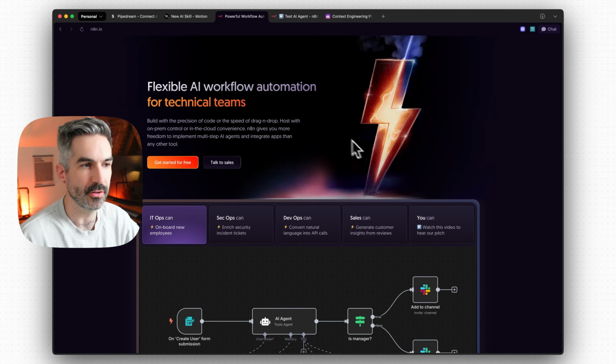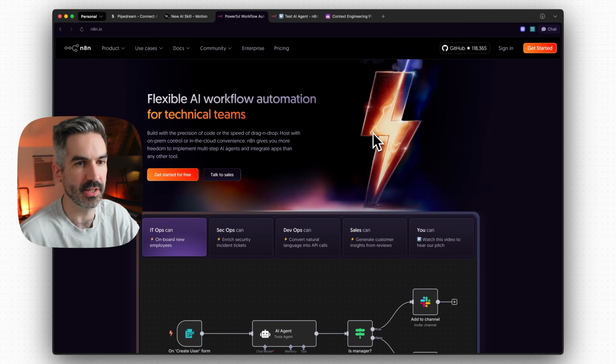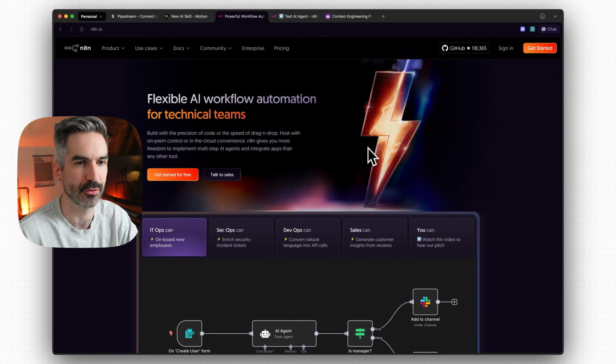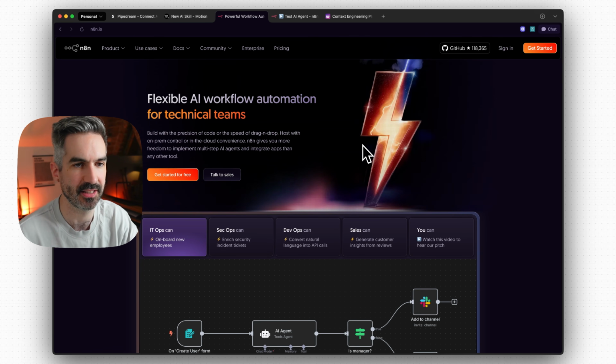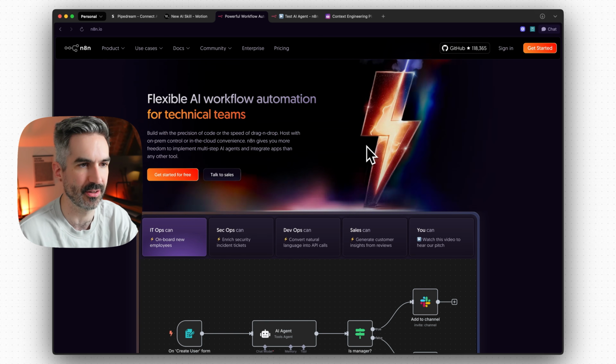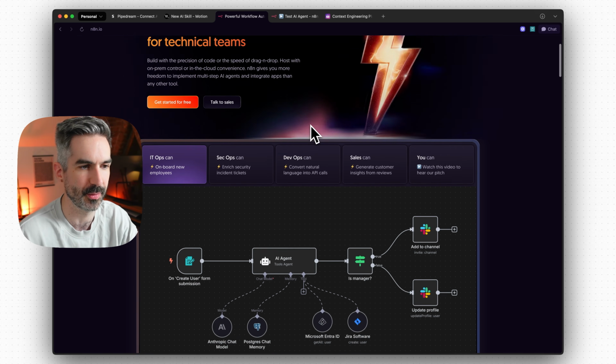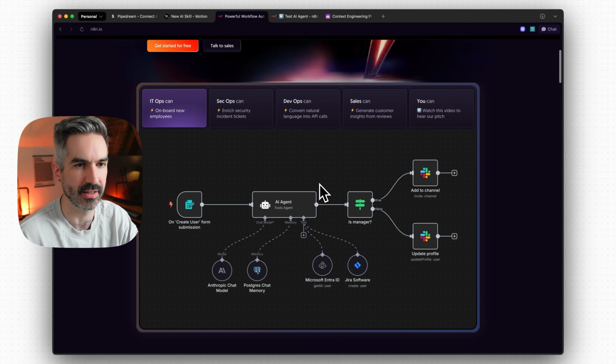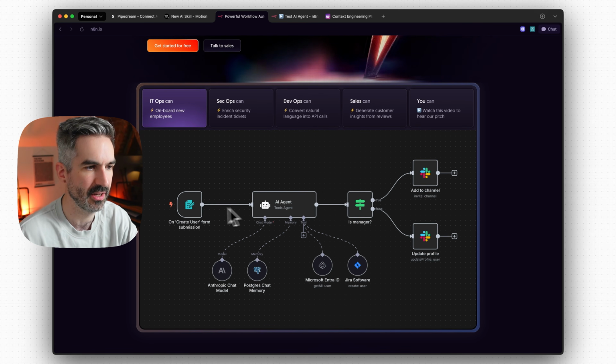So the second method of creating AI agents would be to use an AI workflow automation tool like n8n, and I would strongly recommend using n8n as it is really the industry standard for building AI workflows and automations. You can see just on the page, they give an example of creating an AI agent using n8n, where basically this is for onboarding a new employee to a company. So a new employee would be created that would go into the AI agent, which has access to these tools